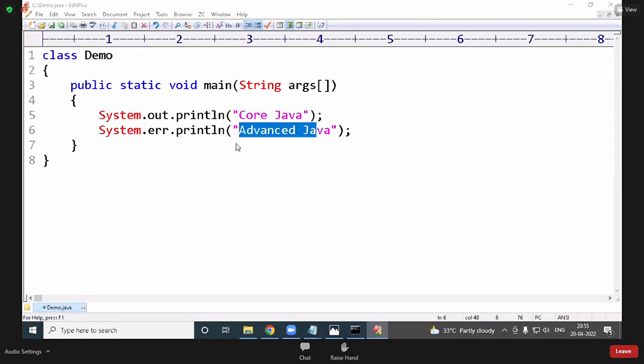After this core Java completion, they may assign core Java, or advanced Java, or Python. Which batch they are going to assign, we cannot predict. If any advanced Java batch is there, you can join, because only up to exception handling is required. No need to wait. You can join.